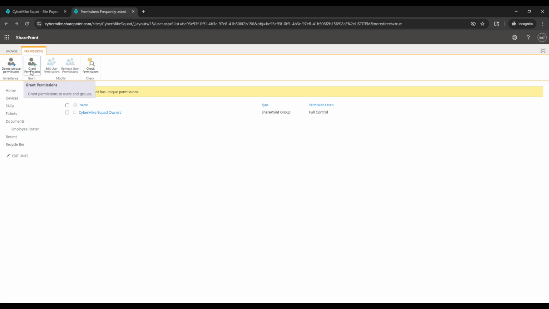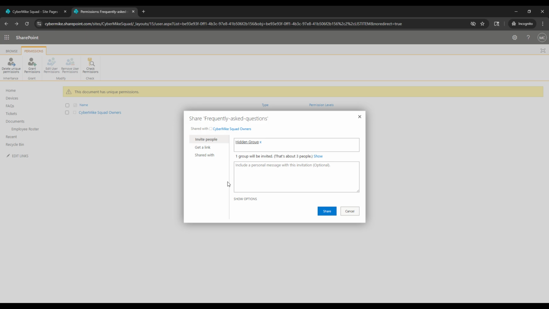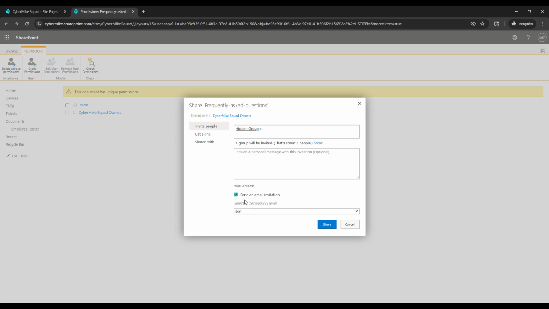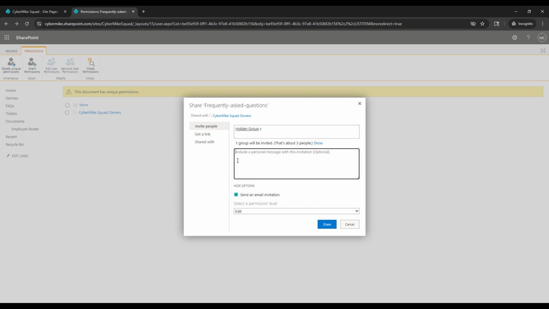So to do that, we just have to come over here to grant permissions. And we go ahead and search the name of the group. And if you guys saw my other video, you do not want to add individual users. You want to add SharePoint groups and then add users within those groups. In case you guys missed it, once you type in your group or groups and you come over here to show permissions, you can choose if you want to email the members of that group to let them know what they're getting access to, or you can choose not to, and then they don't get that email. But from there, you need to go ahead and select your permission level. So let's say we want this group just to have contribute. We'll give them contribute. So now once we hit share,